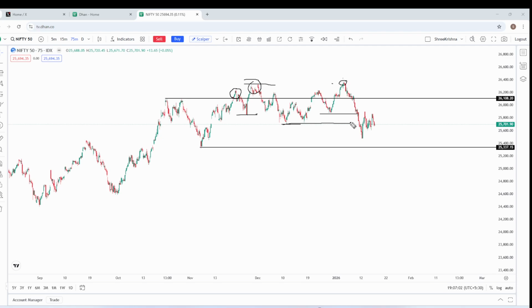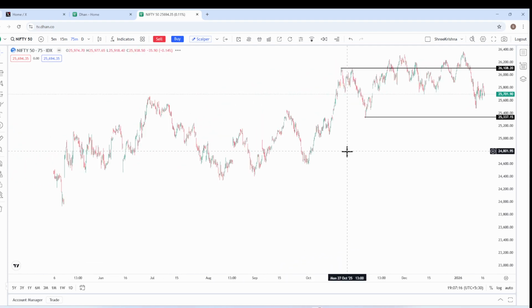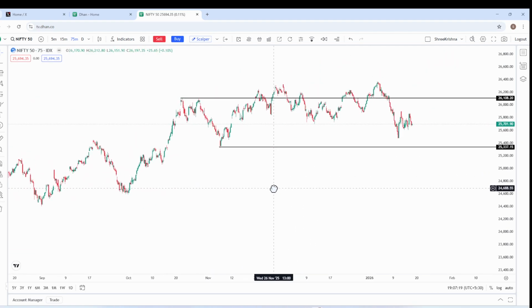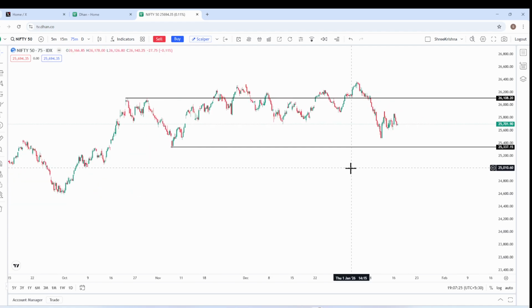Now in this condition, how will you trade? Tell me. So the answer might be that you don't know. I'm sure many traders say that okay, we follow support and resistance. No, that is not the right answer. You check the RSI, that is also not the right answer.